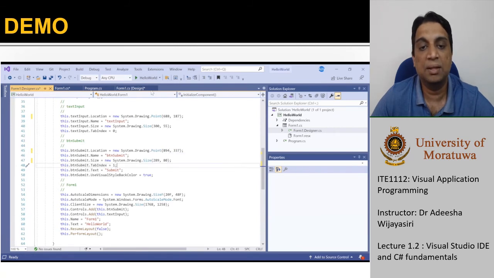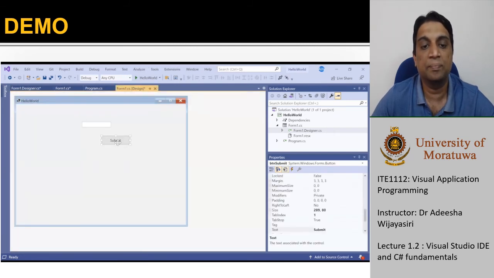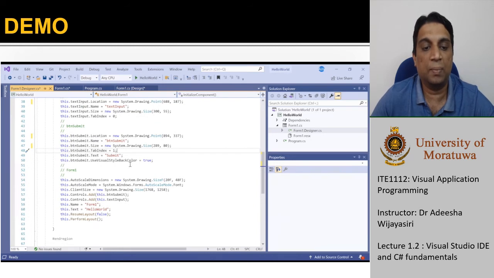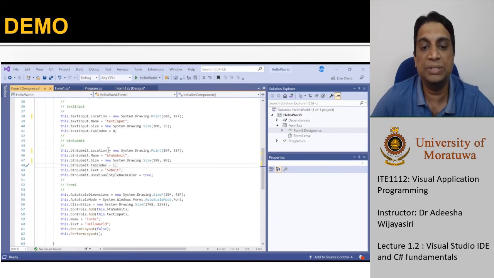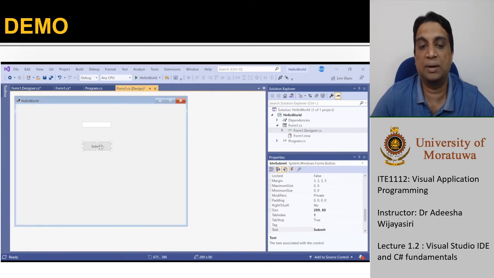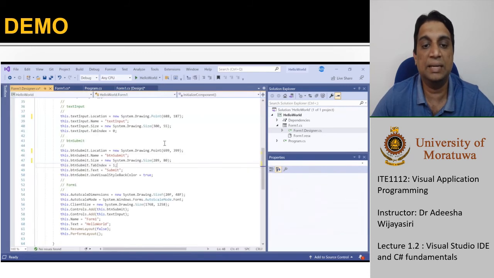So when you make any change in the design, the code related to that is generated in this class file. You can use this to make any change if you need. If you don't like doing things in the design window, this is easier than changing it in the code.